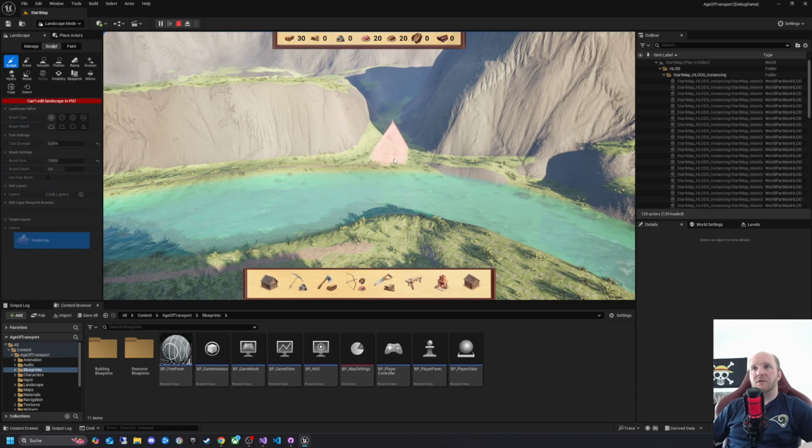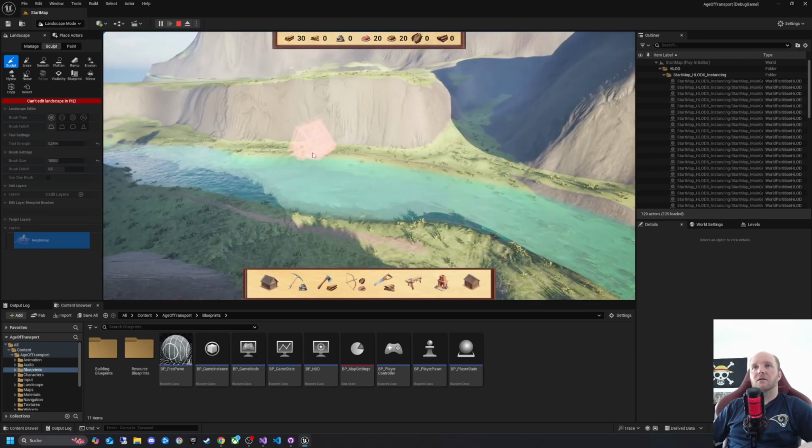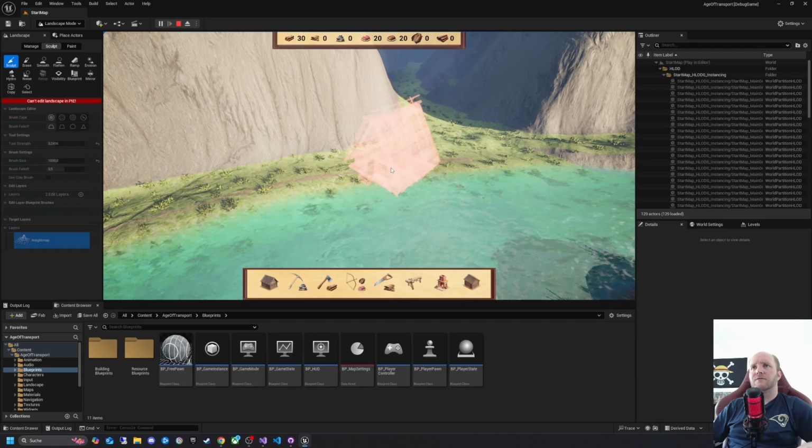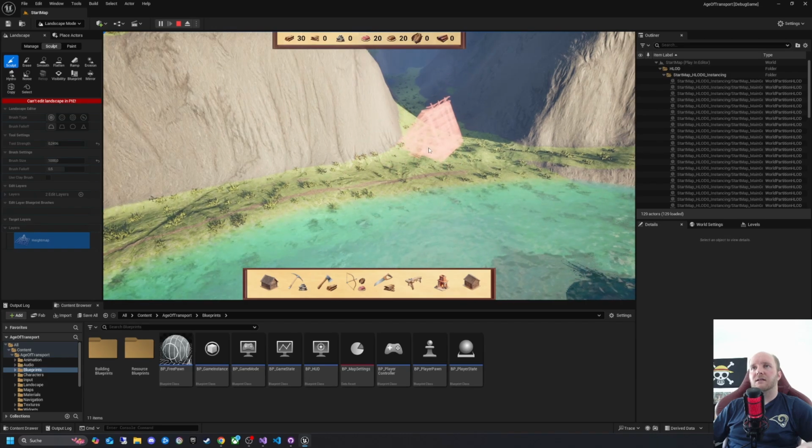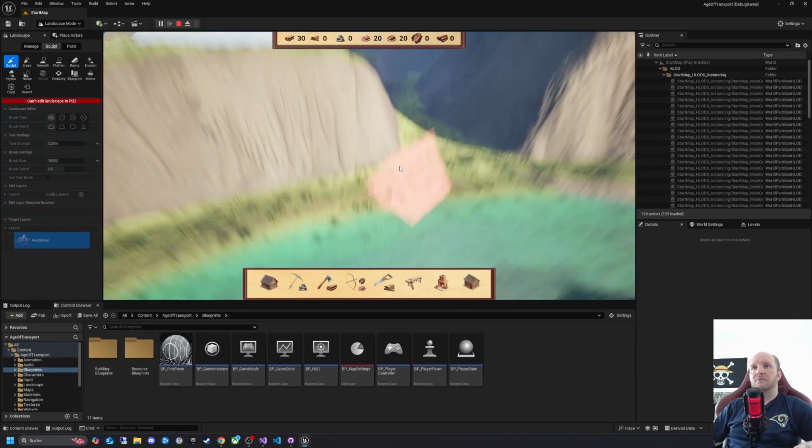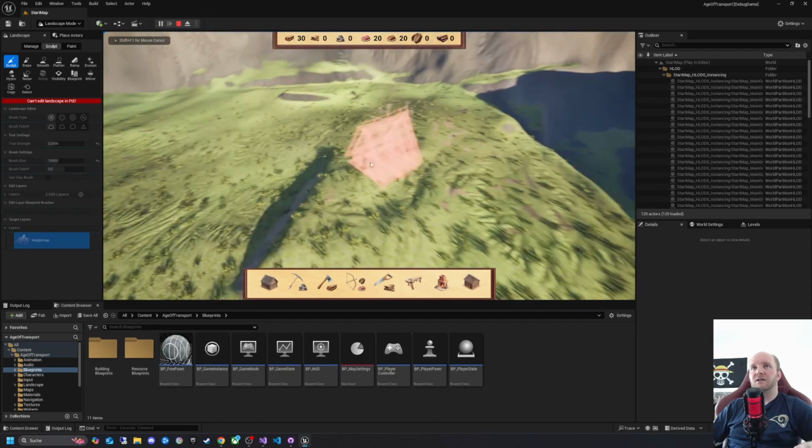Yeah, it was another bug. We will find out later. For now, I think it works because I can't build a building here on top,